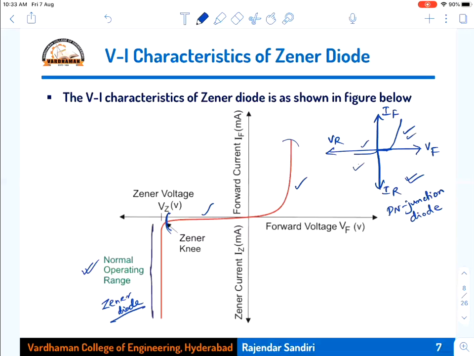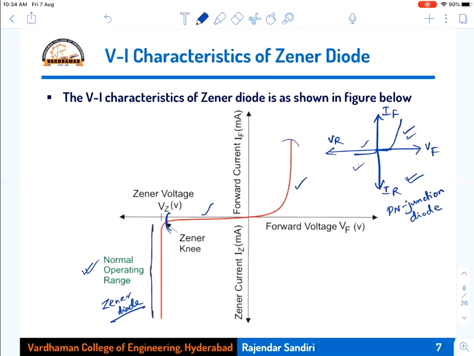In the reverse characteristics, the reverse current is due to minority charge carriers, or thermally generated charge carriers, which are constant in number. Therefore, it is very small and constant. So this is the graph we are showing. In forward bias, up to V gamma the current is 0, and after V gamma the current increases. So this is the operation of a PN junction diode under forward and reverse biases. But coming to the GNR diode, the forward bias of the GNR diode and of the PN junction diode are both the same, and up to low voltages, up to voltage VZ, the reverse bias is also the same.